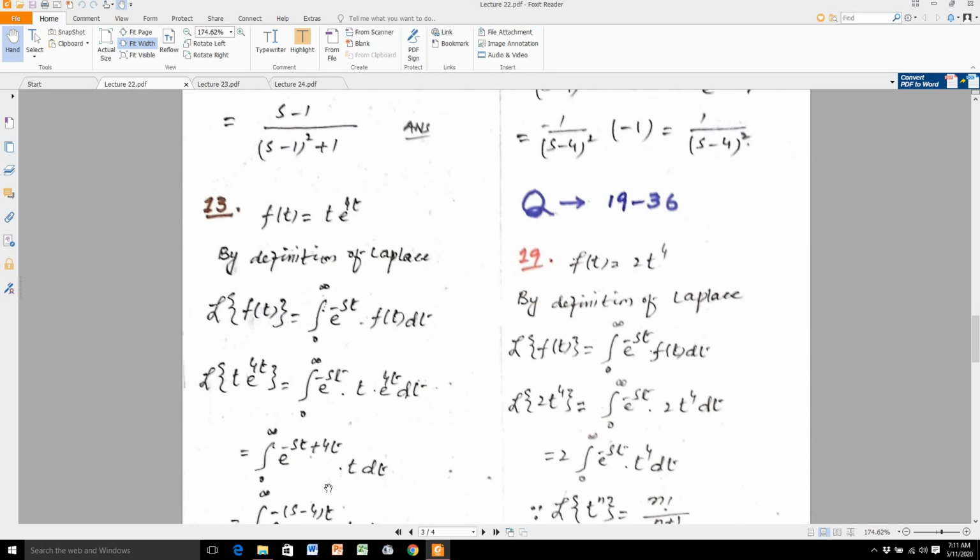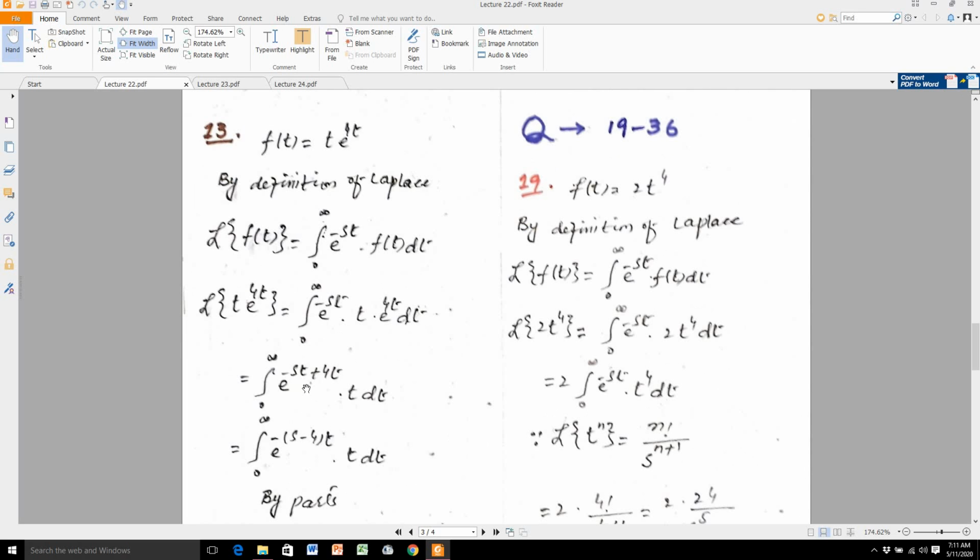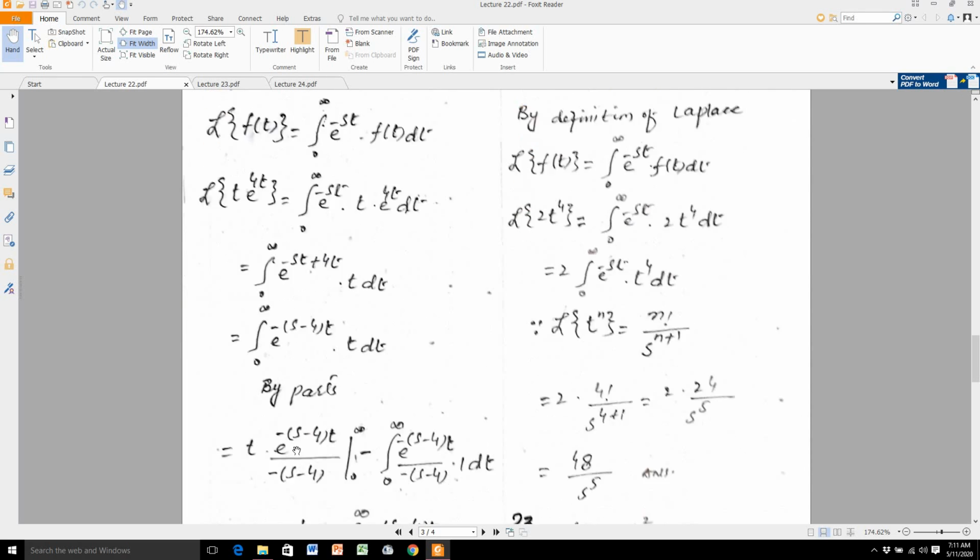Now question number 13, f of t is equal to t e raised to the power 4t. By definition of Laplace, here is the formula. Then I substitute the value of the function here, and again I use the property of exponentials and write it as. So here you see we have two functions, one is exponential and one is algebraic. So by applying the by parts formula,